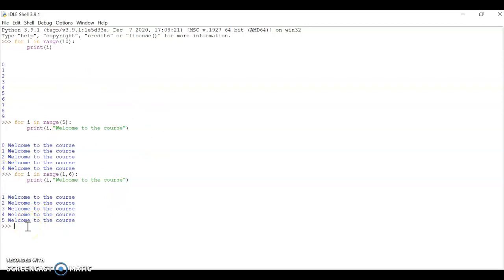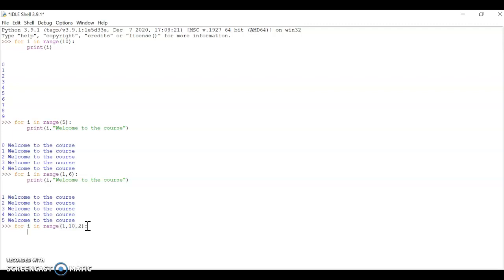Another thing is you can create steps. Maybe I just wanted to skip one number and then print the next one. So you can create a step in that particular range. You introduce another parameter in the range function. So 1 is the start, 5 is supposed to be the end, and then the step of skipping can be maybe 2. So it takes 1 and then adds 2, then the next value printed is 3. I want to modify this to be 10 so that we can see several values,